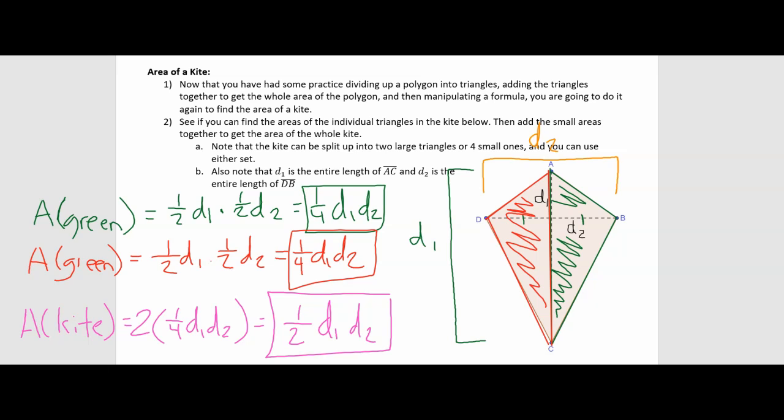And I'll be honest, this is a formula that I don't remember, right? I rarely use this formula, and I don't expect you to use it very often, but I can figure out what this formula is pretty quickly, right? By breaking the kite down into triangles. So even though I may not remember it off the top of my head in 3 seconds, quickly, knowing what my knowledge is of triangles, I could derive this formula,